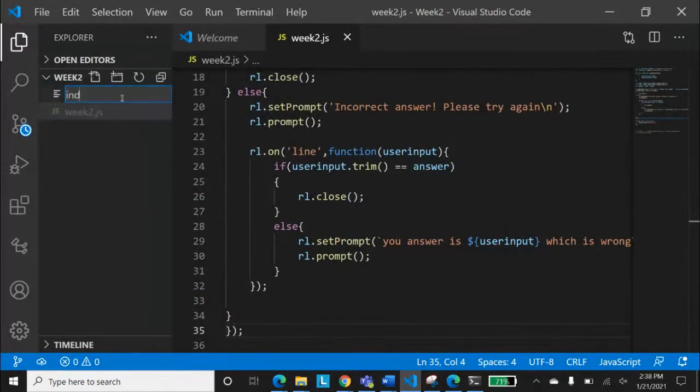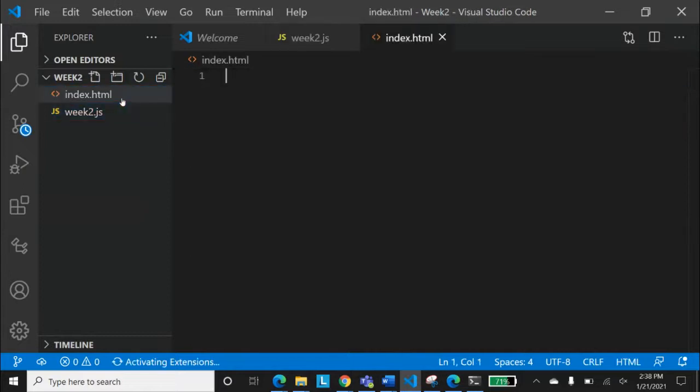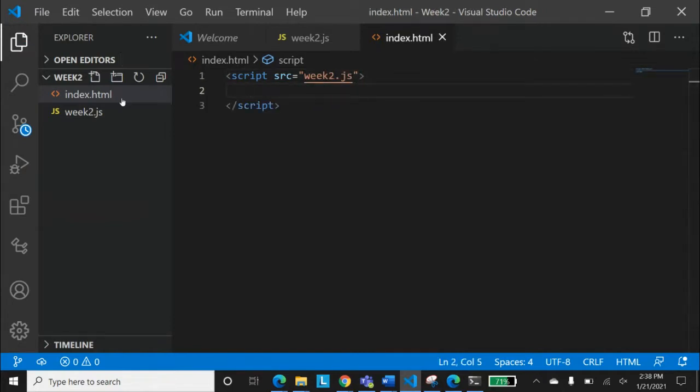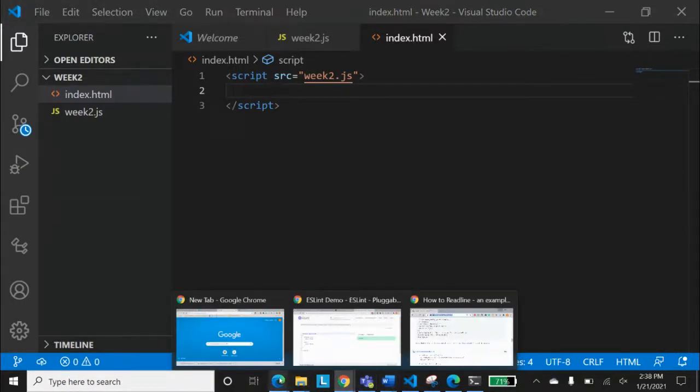Create a new file over here and call it index.html. Then write the code that is used to run the script: script src equal to, what is the name of our script? week2.js. And then run that. Okay, I've saved that document. Let's go back to my server which was running.